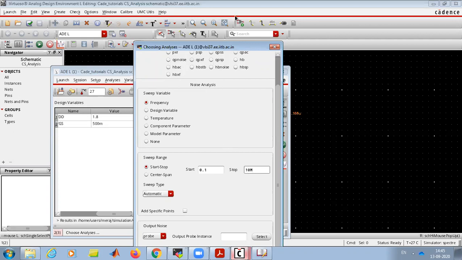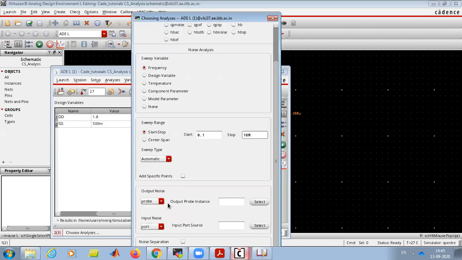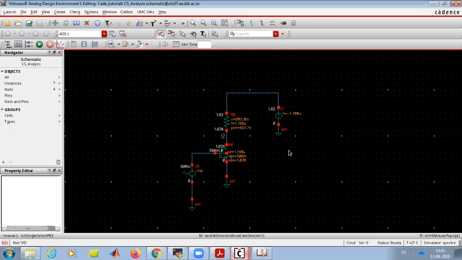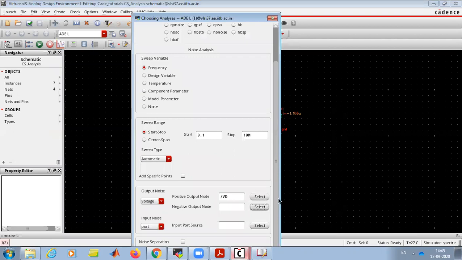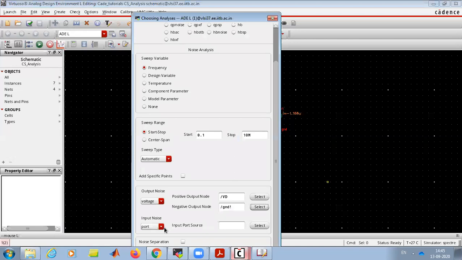And now we need to select the output node. We need to select where we need to find the noise. We need to select VD, and the other will be ground, since it's a single ended circuit. If it is differential, we'll select the positive and negative.